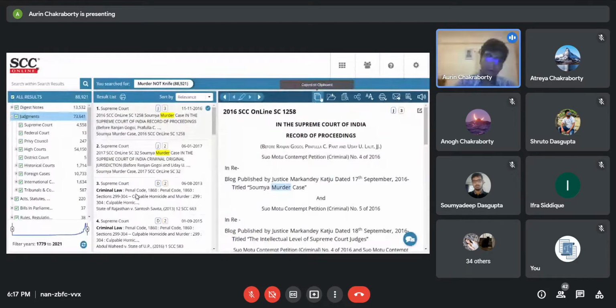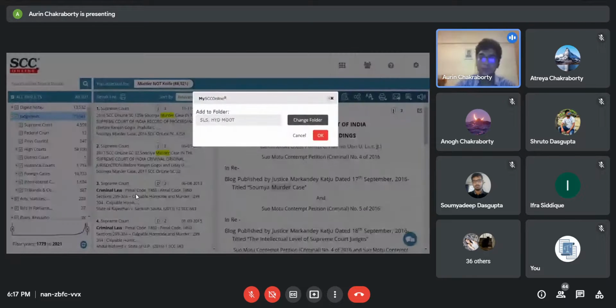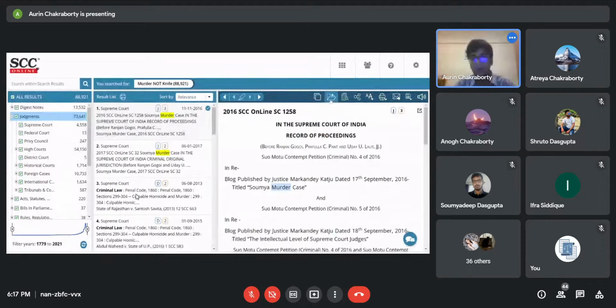button, right? So what this will essentially do is it will just take you to the clipboard, and what will essentially happen is the name of the case, and it will be in this format: A versus B, comma, the necessary SCC citation. That will automatically be copied to your clipboard, and you can just go forward, and if you paste this, so that's how it comes, right? So you need not just type it out again and again, right? Now over here, if you want to save it in your records for even future use, you can always do that by adding it to your folder. You can always create a folder or change your folder over here, and then you can add it for further